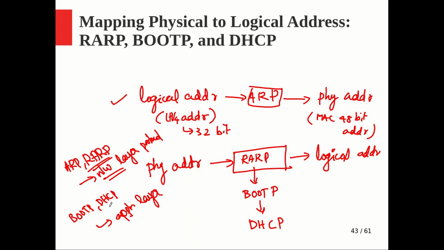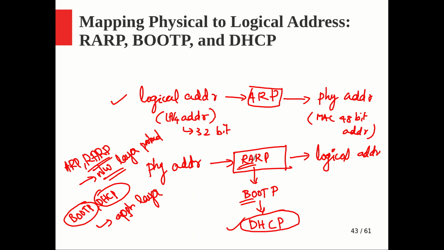The need for such a conversion is very obvious, right? In most cases this physical address to logical address conversion is mandatory. So people started thinking of doing it in a much better way, and that is how they came up with BOOTP, and then further improved it to DHCP. When we discuss these things, keep this in mind. If you look at the syllabus, you will see reverse ARP and BOOTP mentioned, but I may give more attention to DHCP even though it is not there, because it is the one we are currently using, right?